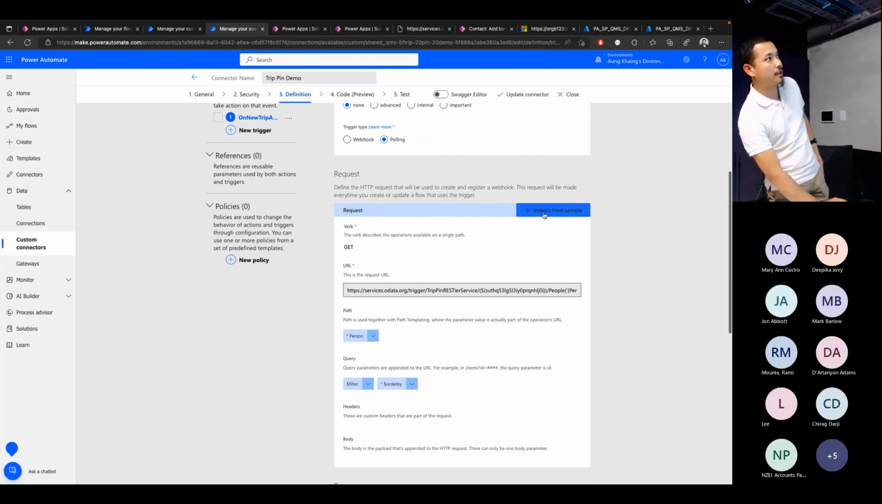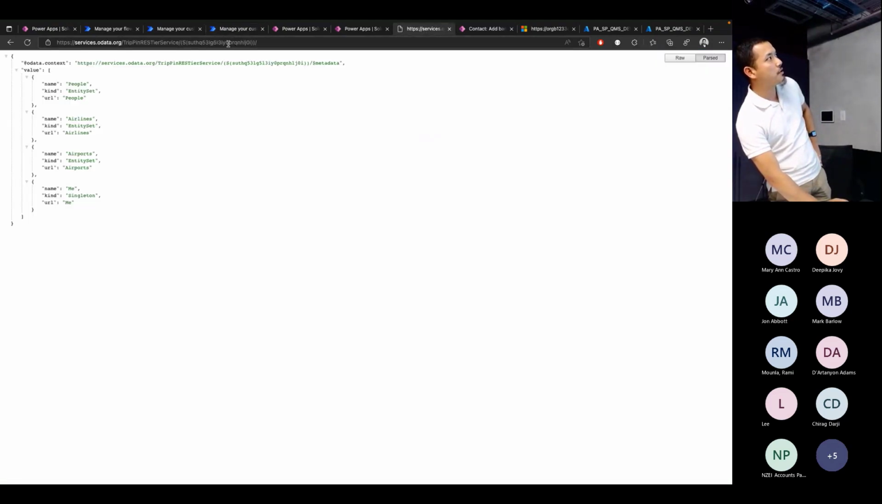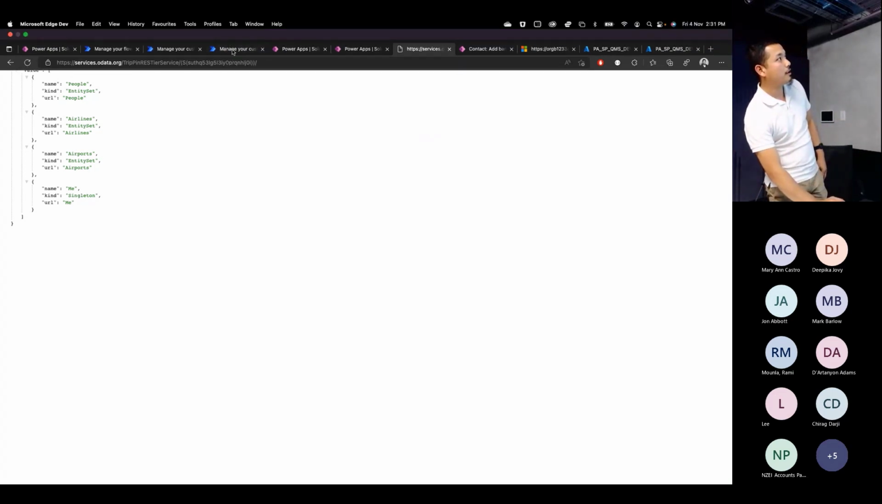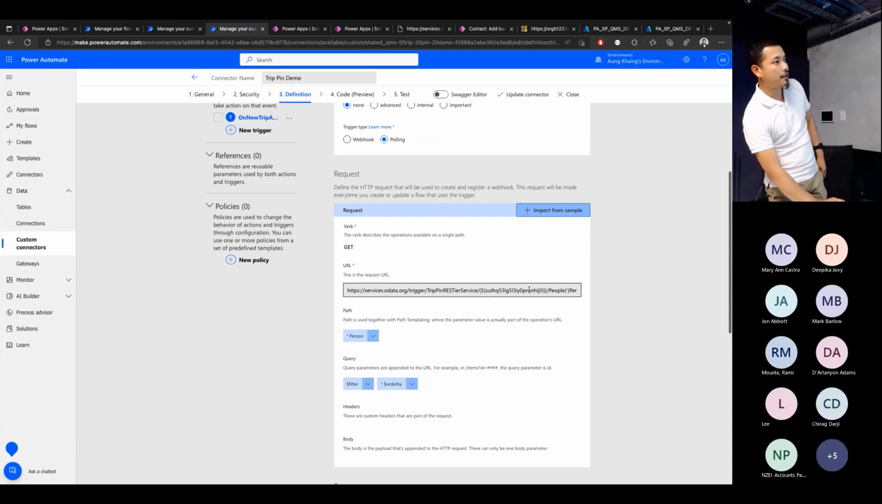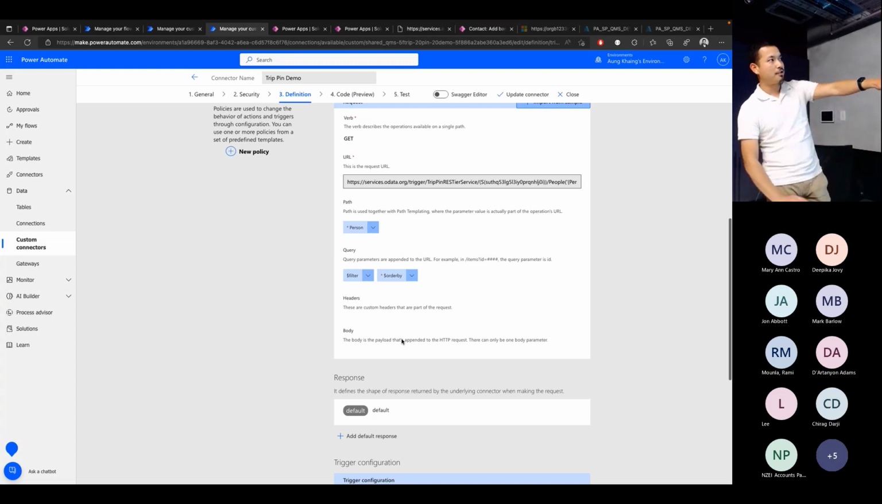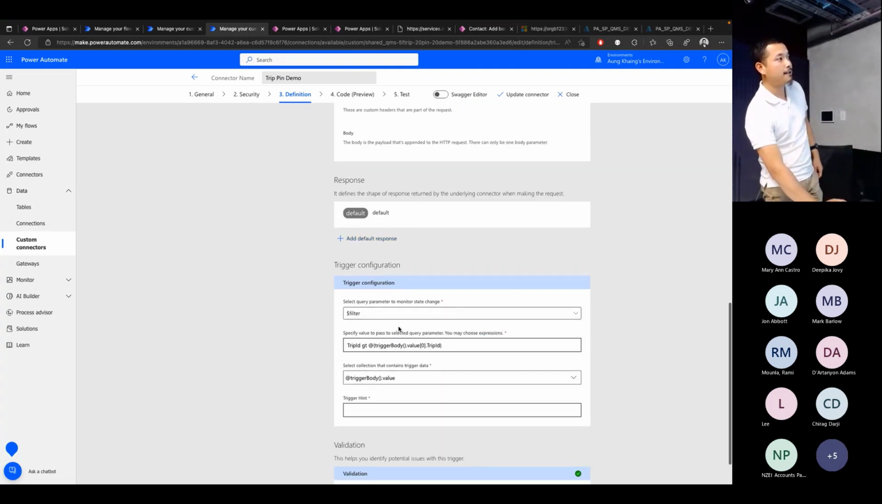you can input from the sample. To do that, I created a new service called TripPin, which is freely available and just for demonstration purposes. All I do is copy this URL and put it here, and define the select query, the filter, and order by, and get persons. This is quite straightforward, because basically you just need the URL from your API to get the data. So you will get all these, and the